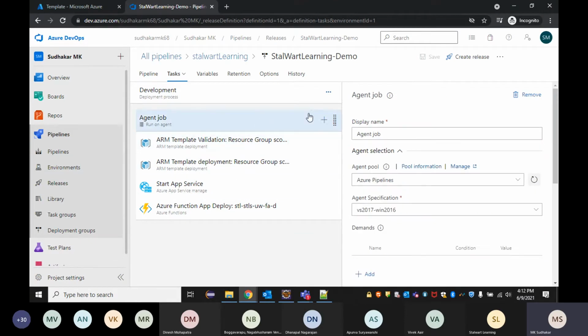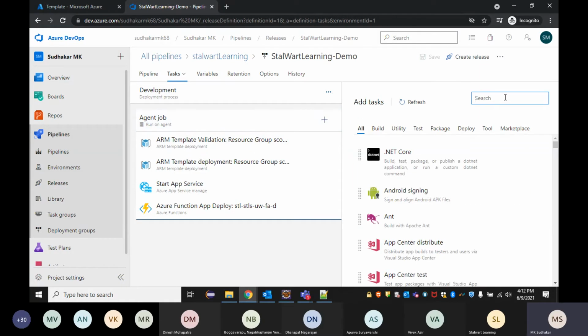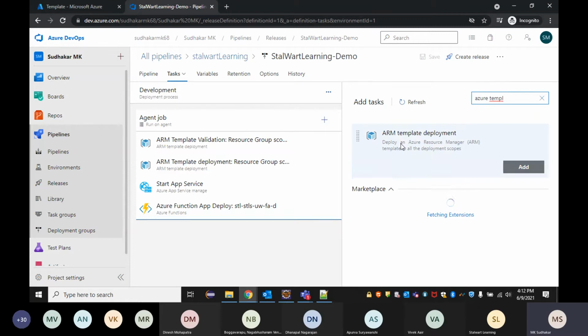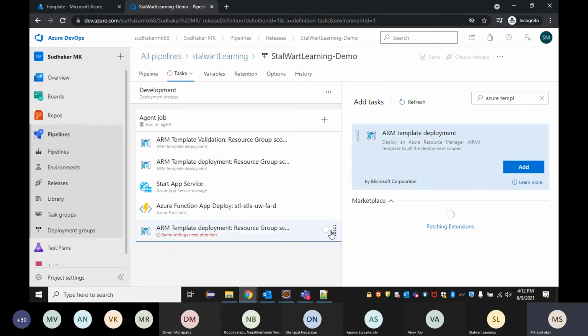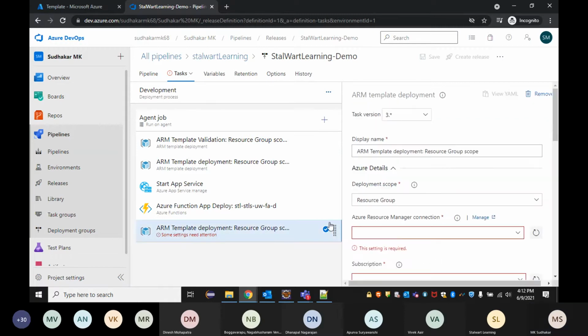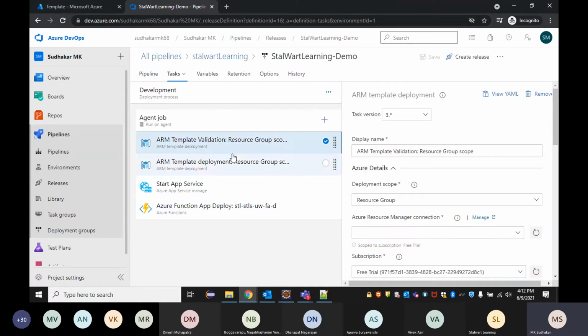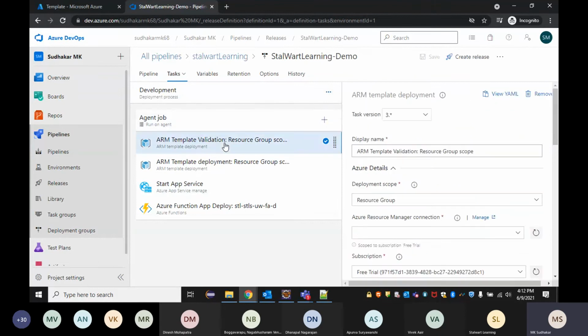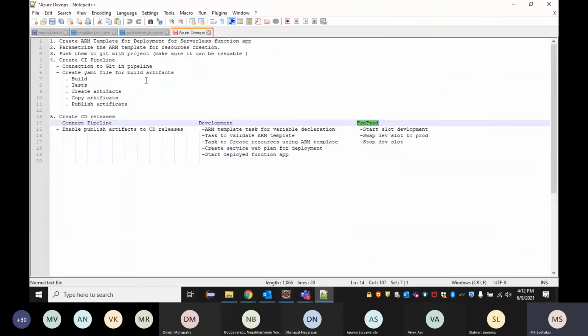So how can you create all these tasks? You can click on this and then click on, like, Azure template deployment. Once you click add, the task will be added here. Then you can remove this. So that's how you can add all your tasks from searching here. Just clicking on the plus button and searching, you will have all your tasks enabled, and then you can add them here. Now, I already spoke about this, right? First step will be validating my ARM template. Second step will be creating the resources. Third will be deployment. Fourth will be starting the function app.